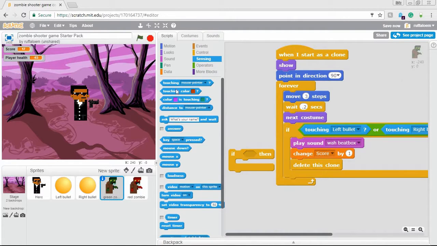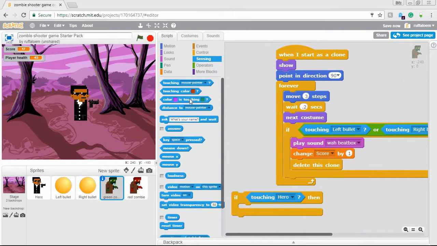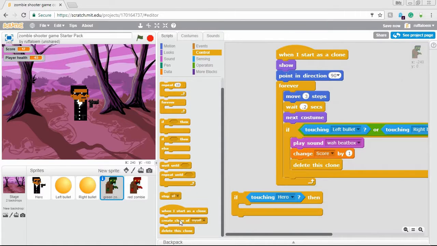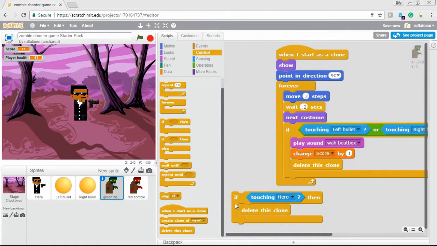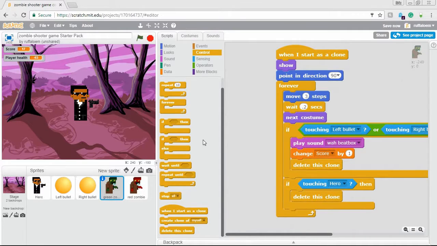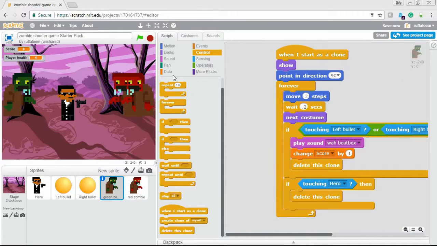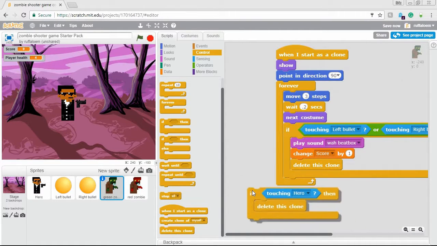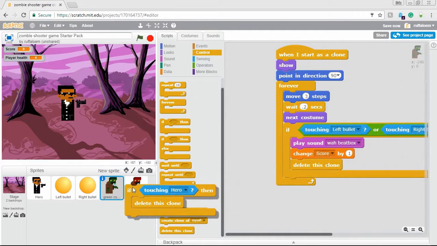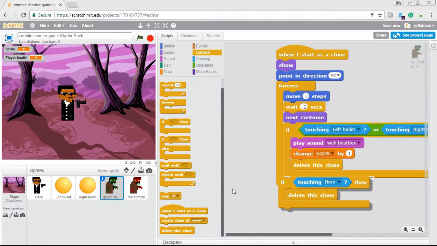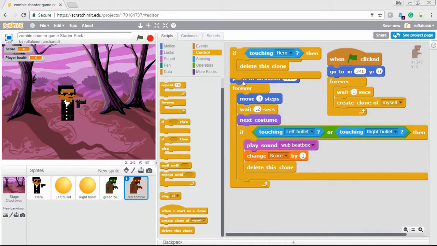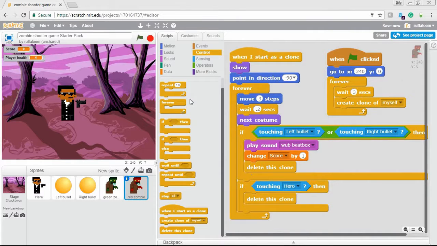But if sensing, touching, and we'll say hero. Then they're going to delete. Control, delete this clone. And let's see if that works. So this is for the green zombies right here. Let's see if that works. Yep, that works. So we'll go ahead, we'll take that and we'll drag it to the red zombie. Plug that back in. Red zombie, plug it in. Very, very good. Okay,